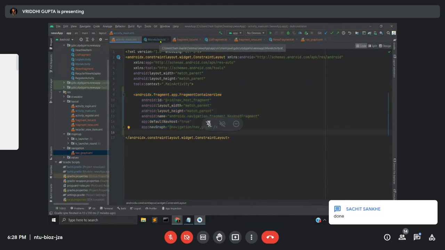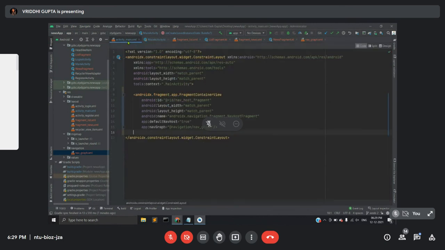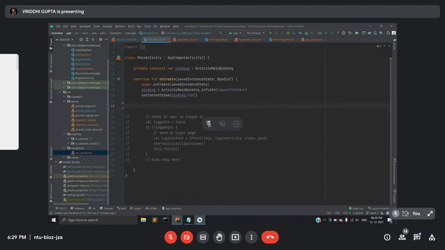So now let's move back to our host activity, that is our main activity. Until now, we have made the navigation graph. We have defined the fragment container view in our activity_main.xml file. Now we need to do some coding here as well.